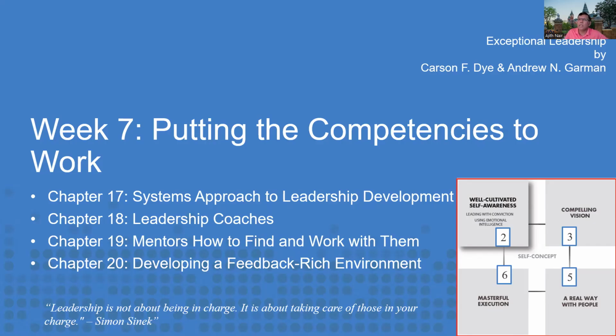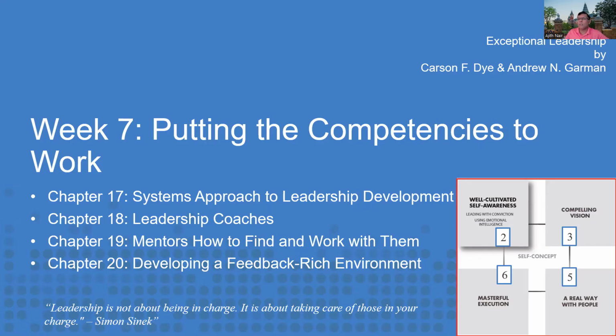So well-cultivated self-awareness, with leading with conviction and applying emotional intelligence, will form the first of this framework so that we can ground our leadership competencies to learn further capabilities or competencies into our toolbox. So once you have a sufficient level of self-awareness, a conscious or well-cultivated self-awareness, now you are in a